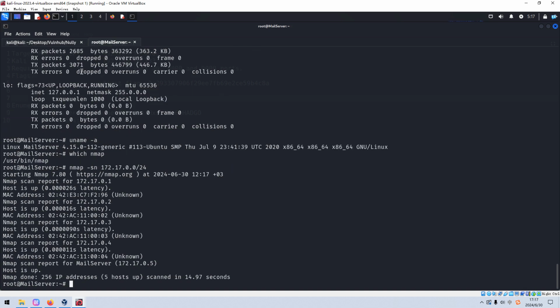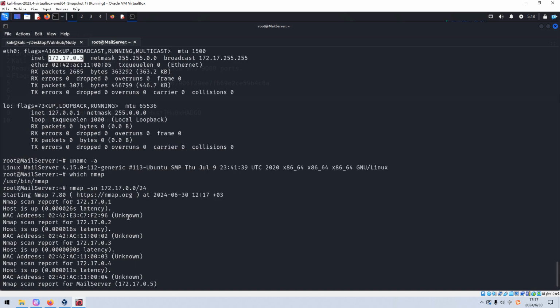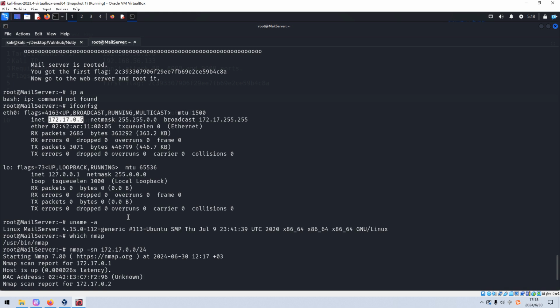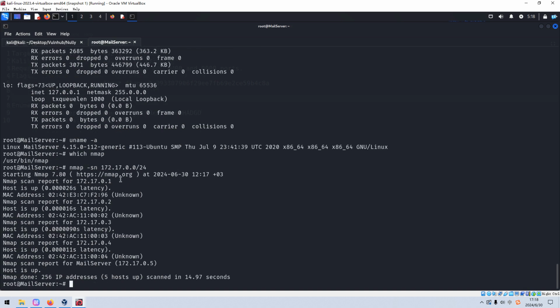All right, I think 1, 2, 3, 4. Of course, I think this is the IP address of the current container, and the 1 maybe the host, right? So next we can do the service scanning,